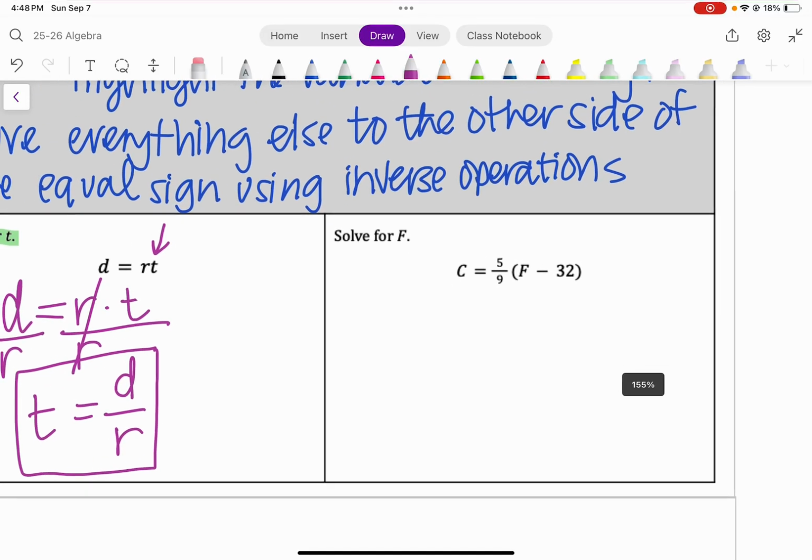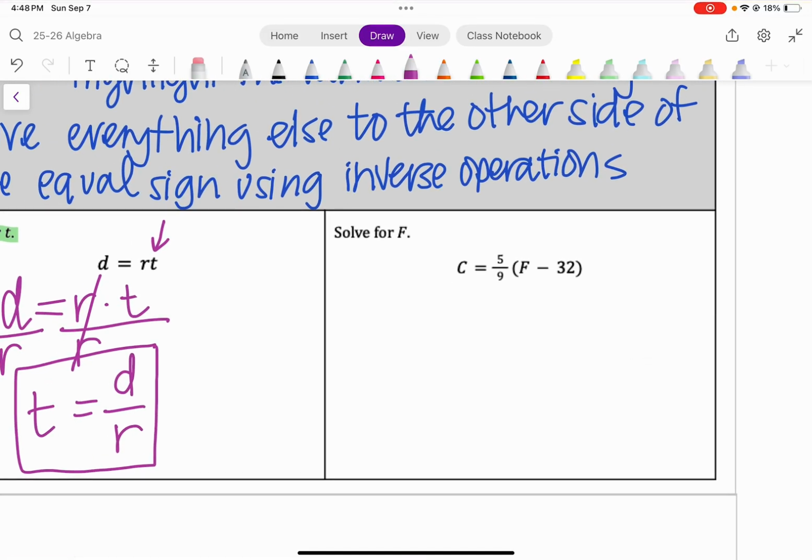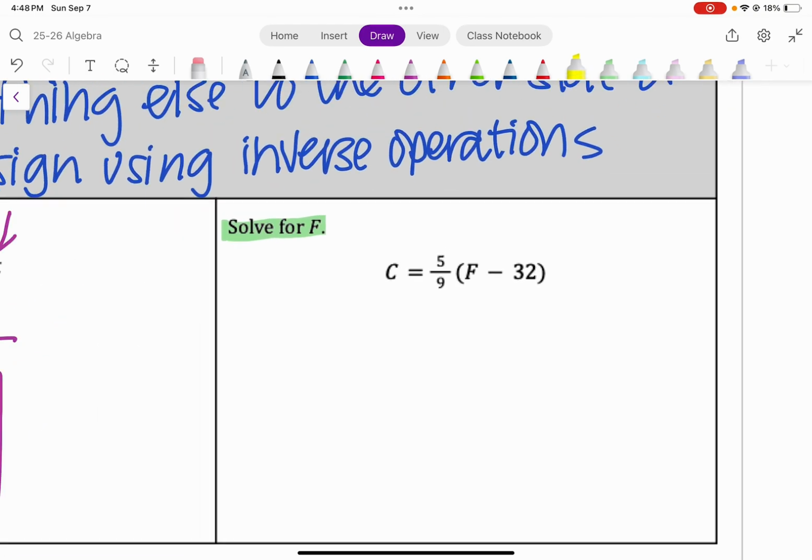The next one is the conversion from Fahrenheit to Celsius, but now we're going to solve for Fahrenheit. So if you see where Fahrenheit is, right now it's inside this parentheses. So we're not going to touch that parentheses because we've got something else happening to it. It's getting multiplied by 5/9. So we could divide both sides by 5/9, or we could multiply by the reciprocal, 9/5. So that's 9/5 with a C